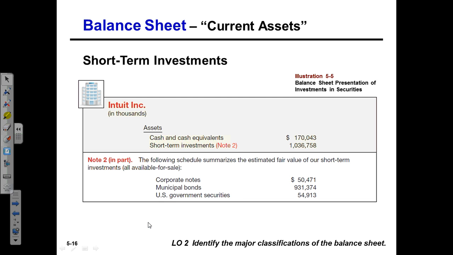Okay, and here's some examples of ways you can set it up. Take a look at these. Here's short-term investments, cash equivalents, or short-term investments, and it says note 2, and they did a list. By the way, I told you it could be on the face of the statement, right on the face of the statement. It could be in a note to the financial statements. It could be parenthetical; you could put a description here, parenthetical, if you wanted. If I only had one investment, I could do that. Make sense? If I've got a bunch of them, then I maybe want to do this in a note,